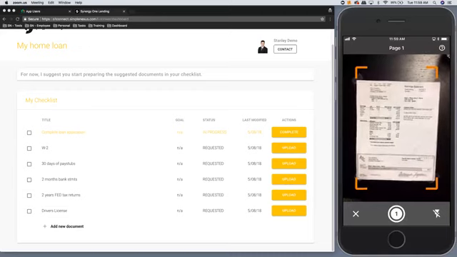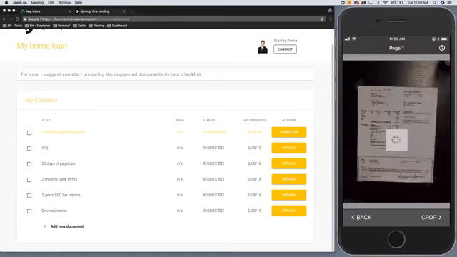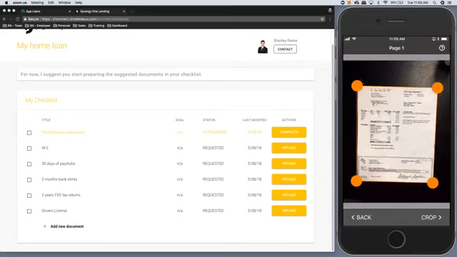But the more you can line it up, the better. So we'll go ahead and hit the shutter button there, and that'll snap the picture. And then as far as the cropping goes, the app will try to auto crop the document. I'll answer your question about processors and LOAs here in a minute, Michael. That's a great question. We'll talk about how to see when you're notified about